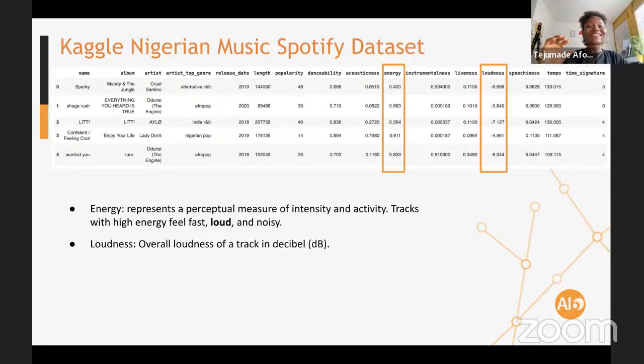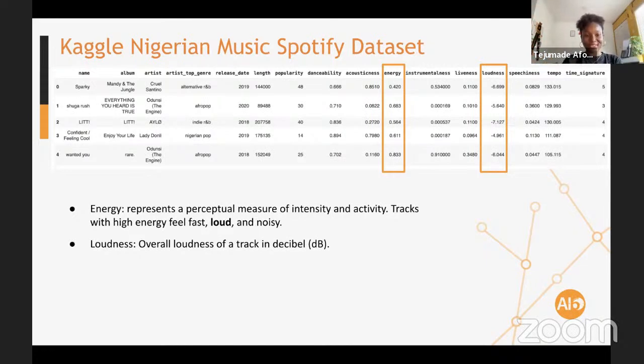I don't know. How do you quantify danceability? Anyway, we don't have to talk so much, but when I was looking at it, energy and loudness seem sensible to me. When something has high energy, it is loud, right?